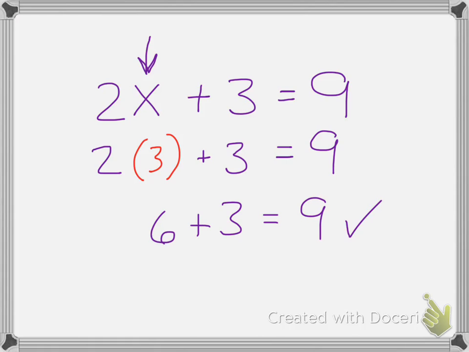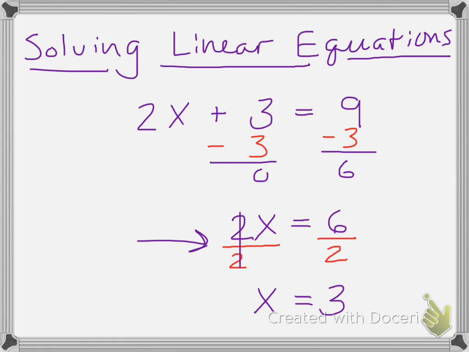If I had tried to substitute anything else in there instead of that 3, it would have been an incorrect or a false statement. For instance, if I had tried to use a 4, 2 times 4 is 8, 8 plus 3 is 11. 11 does not equal 9, therefore I know that 4 is not the right answer. So again, first steps that you need to solve: combine the like terms. Second thing you need to do is isolate the variables. So I want the x on one side and I want all the numbers on the other side. And remember to